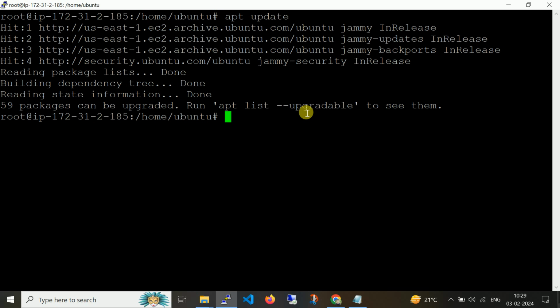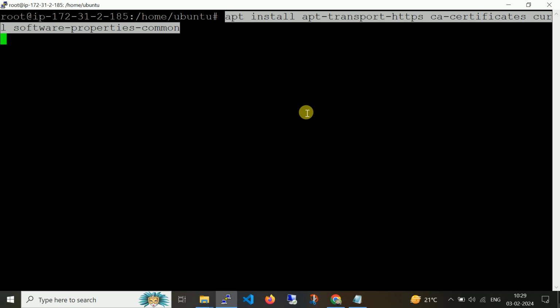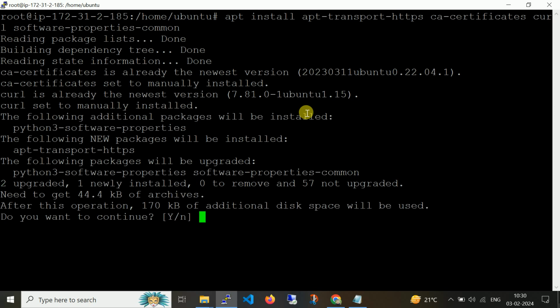Now after updating, I need to install apt-transport-https, ca-certificates, curl and software-properties-common. So curl is already installed, ca-certificates is already installed, python3-software-properties-common. These two packages are required to upgrade, and one new package needs to be installed. Let me proceed.